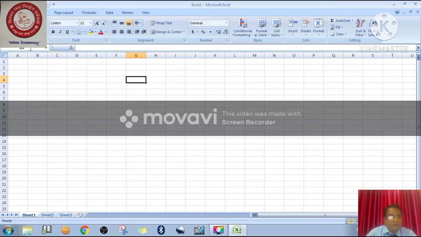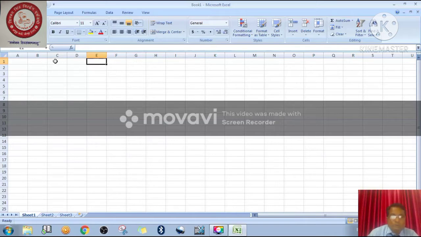And right now G represents the name of the column and 4 represents the row number, right? After combining the column name and row number, it becomes the cell address. So right now many kinds of addresses are available for each and every cell, right? If you click on E, like this is the column, then this is E1. So how are we going to identify which cell has which address?